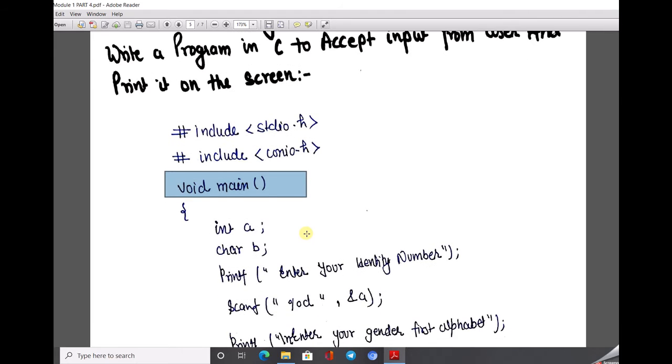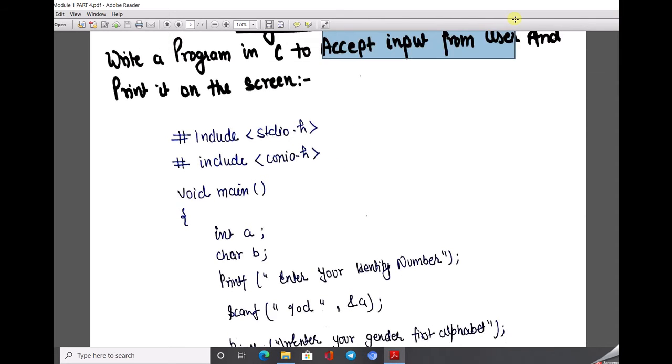As I already told you, we use void when we don't know what the result of our data is. We don't know about the program outputs, so here we use void main.